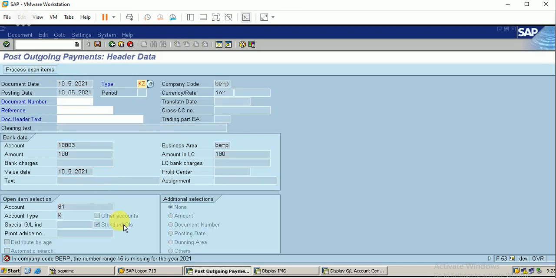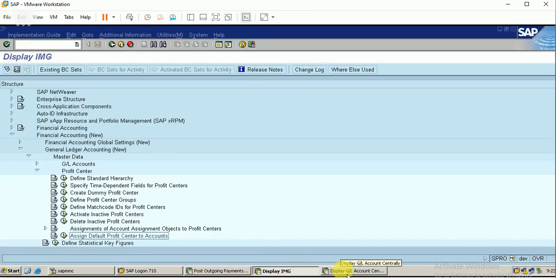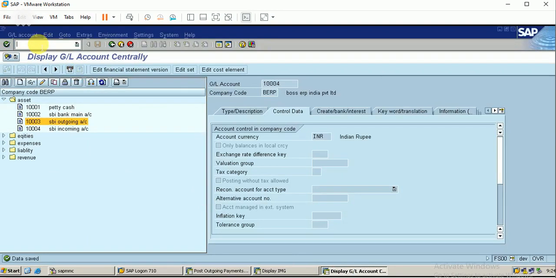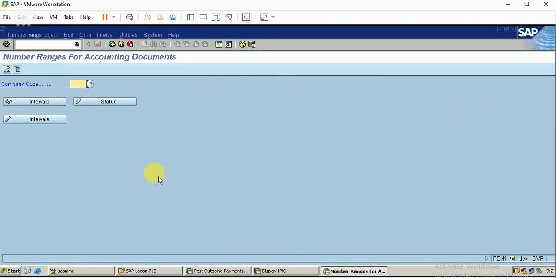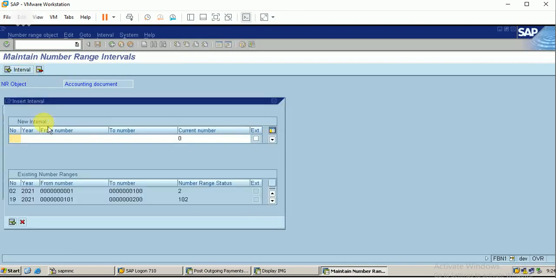Here also the same error: number range 15 is missing in the year 2021. So I have to go to the same FBN1, for the company code, and maintain number range 15 for that year, with the preceding number ranges.